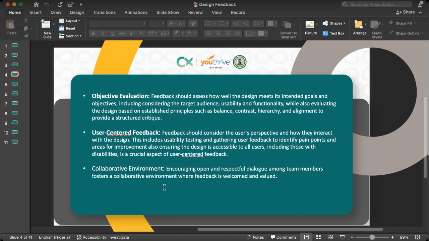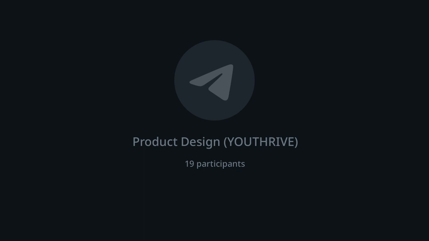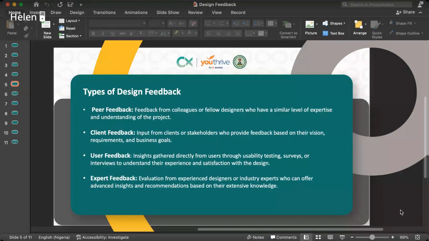Now, the next one we have is the types of design feedback. Now, just like what we said earlier, feedback can come from your peers, feedback can come from clients, feedback can come from users, and feedback can come from experts. Now, feedback from colleagues or fellow designers